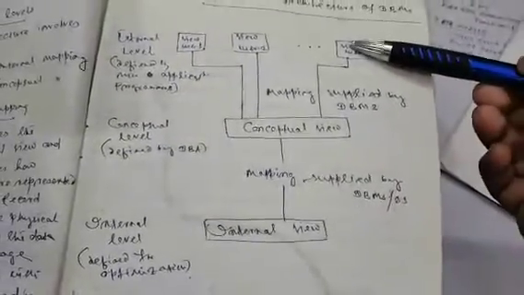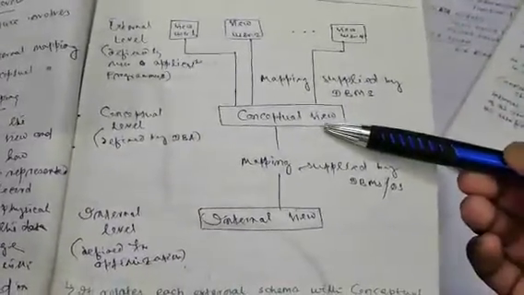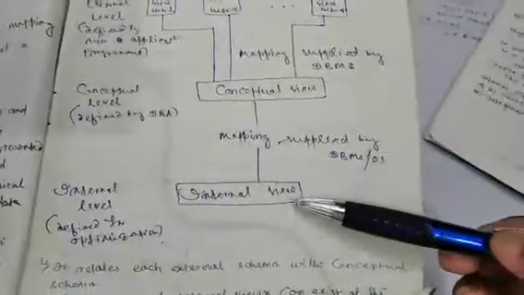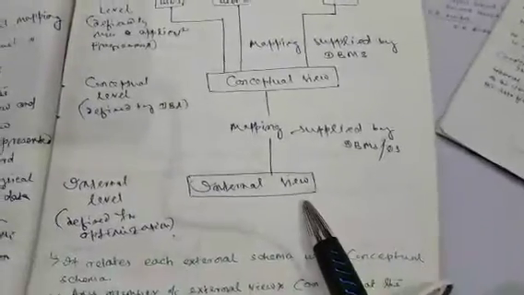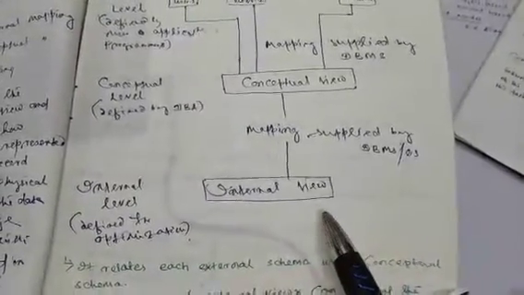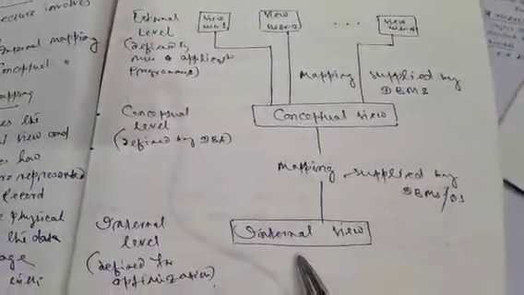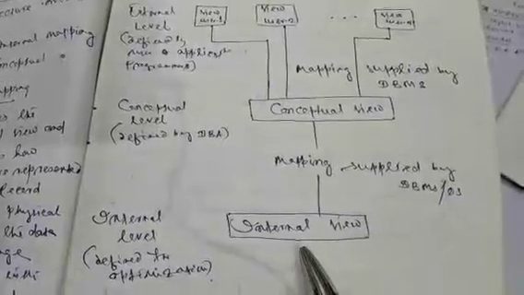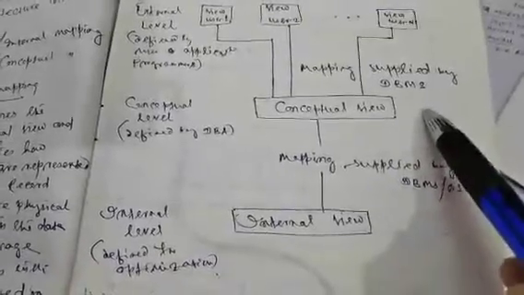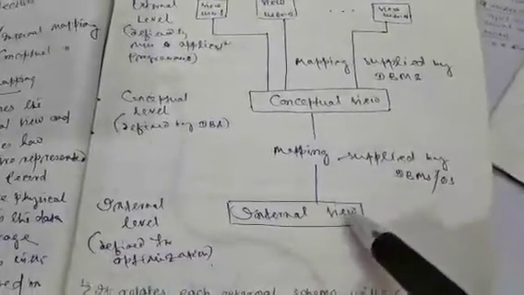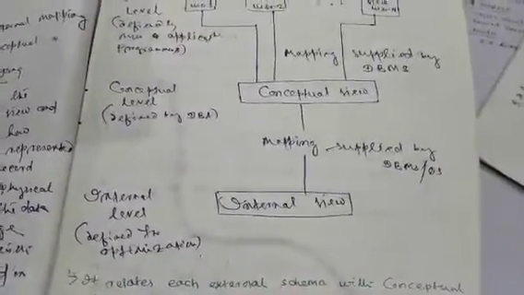So the external user's view or request will come into this level. Then it passes to the internal level, where the physical database is really stored. This is the physical storage structure. This internal level is linked with the physical database, that is, the storage structure of the database. This internal schema is also known as the physical schema. So this is your physical schema, and this is the logical schema. This internal level is defined for optimization, so we have to use it for optimum use.